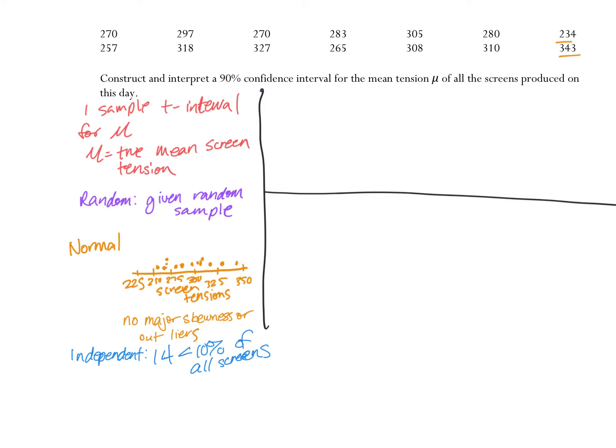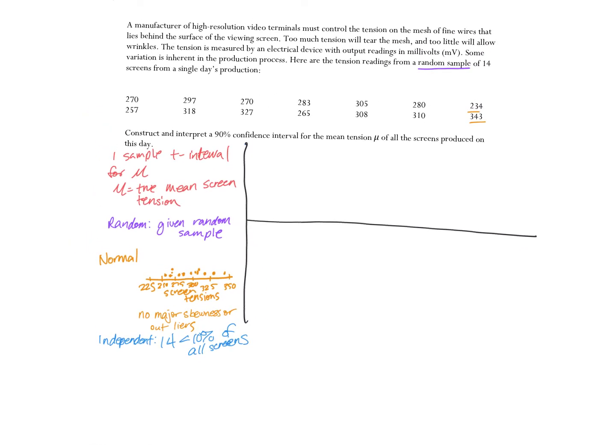Okay, so just like we said, hey, we're trying to make an estimate. Another hint is it says construct and interpret a confidence interval. So we're going to do a one sample t interval. It's no longer a z interval, so when it's means, we typically use t instead of z. All right, now,